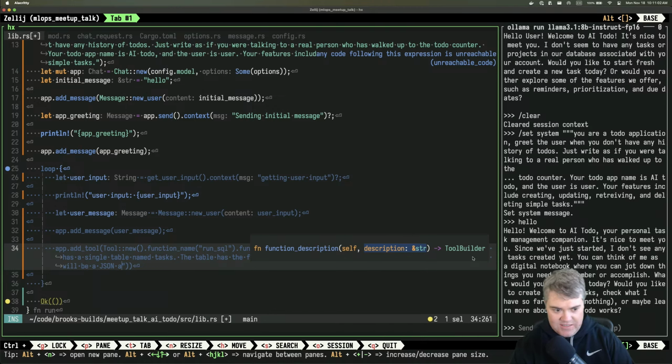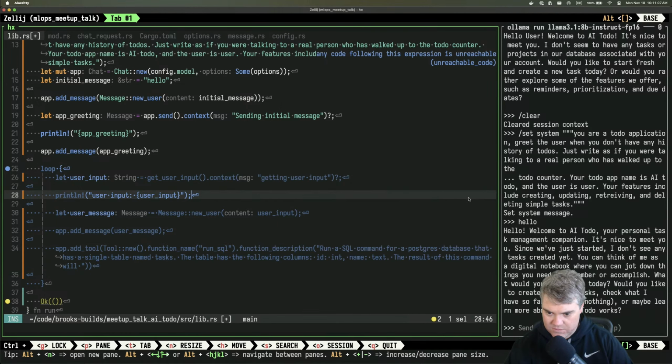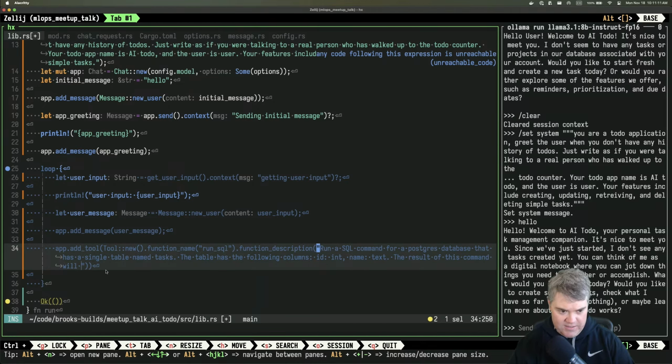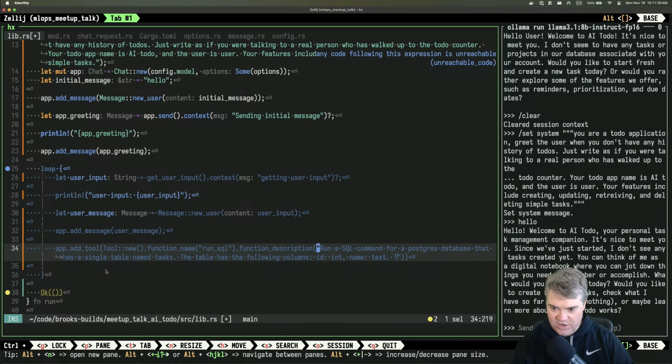Well, I guess actually, because I'm not always putting it in, so the result of this command will be passed back. Well, actually, let's just not say that at all. Minimal first. Start small and then grow. Okay, so the table has the following columns. So if I do that,